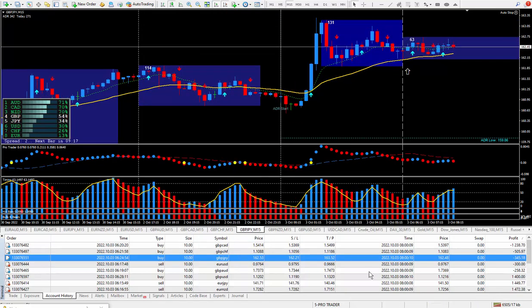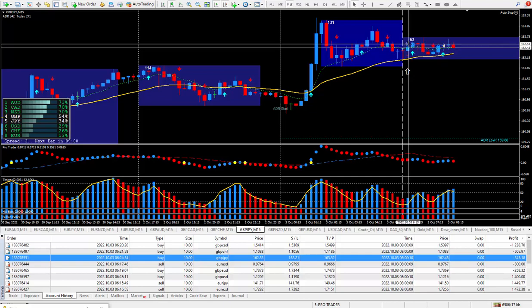Next trade I did was pound yen. Wanted to be buying it, even though it didn't do much. Another one that is a negative. Took the trade at this cursor. As you can tell, it's not doing much of anything. And it looks like I was down about 5 pips. So let's see, negative 5 pips, and that's why you see minus